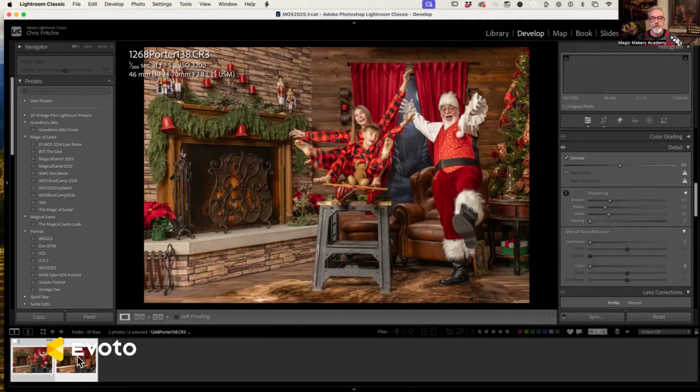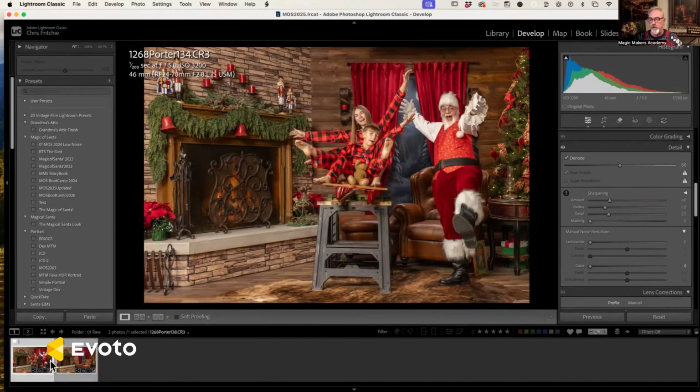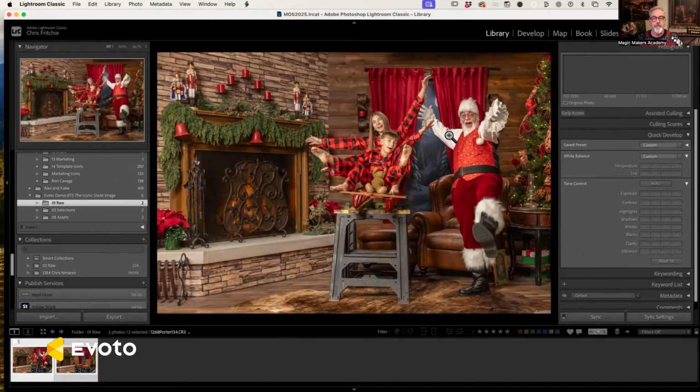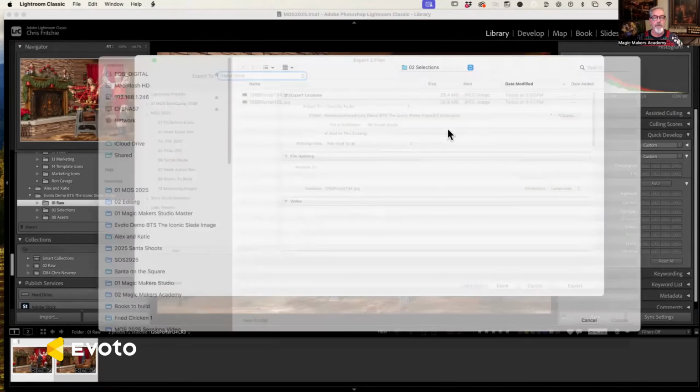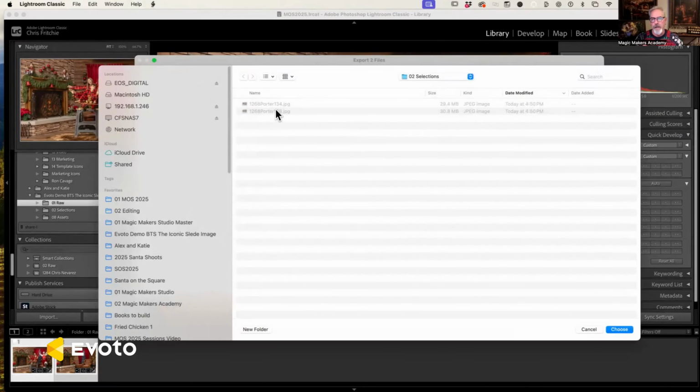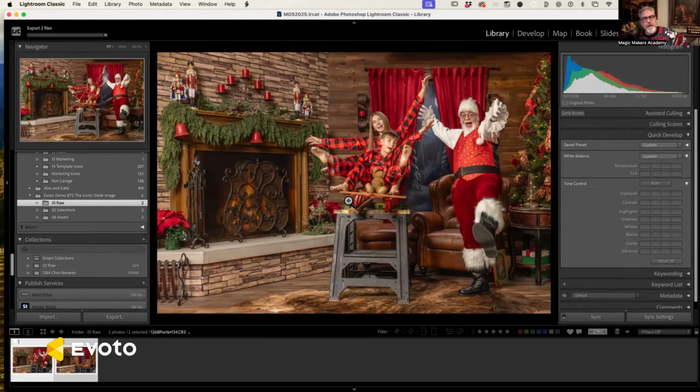Now these images both match all the settings. The crop matches perfect. You can see that. So now I'm just going to export these. And I've not ran Evoto on these images. So it's important to remember that. I already did an export a while ago testing, so I'm going to choose to export them to that same folder. I'm going to export and I'm going to overwrite them. And remember, this is my workflow. So they've not gone into